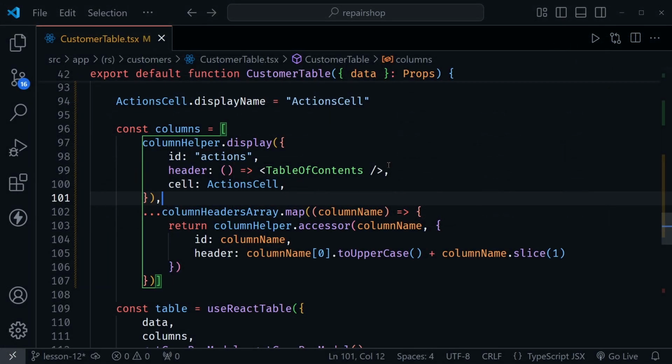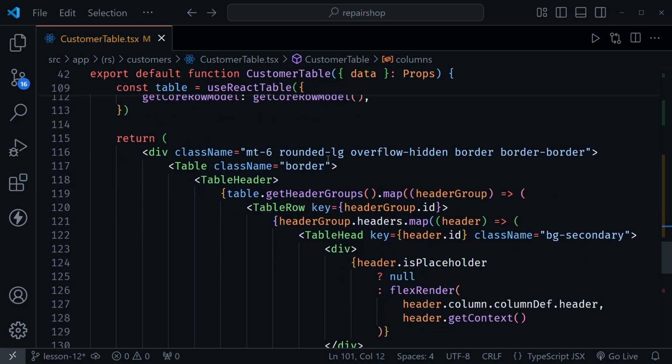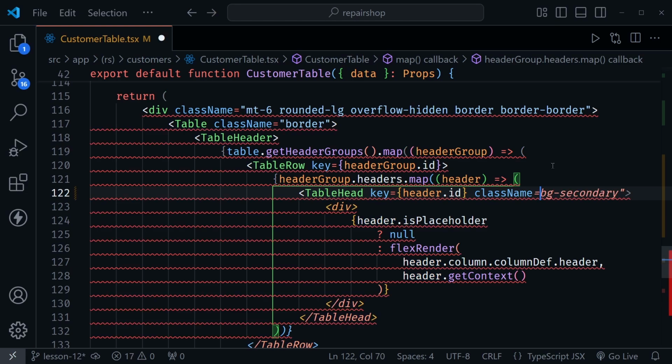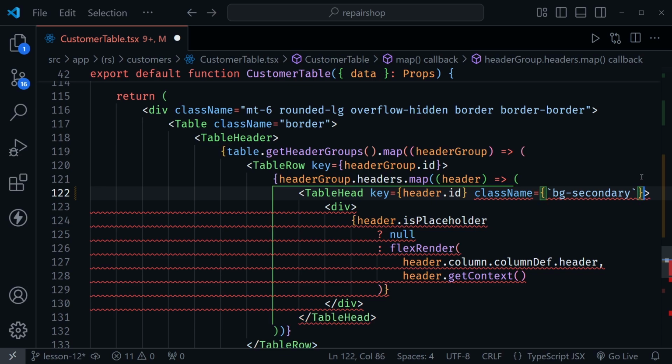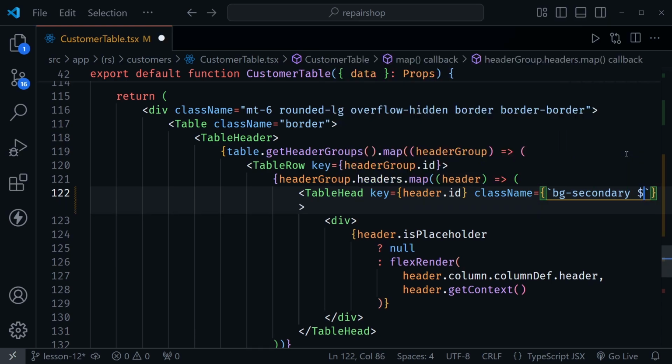I'm back in VS Code on the customer table component and file. Let's scroll down to the return here and go to the table head area right here. So we have a class name with background secondary applied, but let's go ahead and start this with curly brackets instead and make it a template literal. Now we can just add some more to this template literal. So we'll start off with background secondary, and I may need to wrap this down to the next line. Now we're going to insert some information,